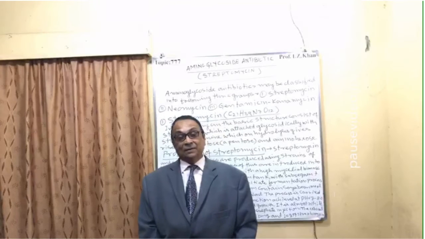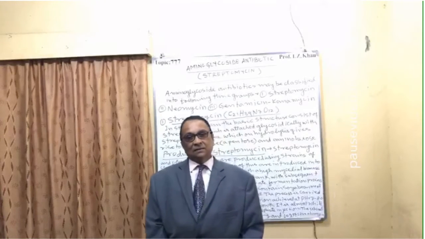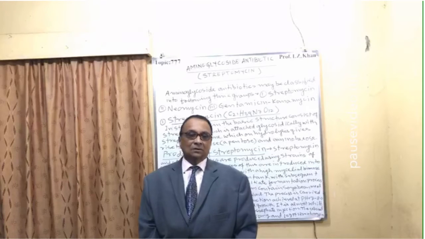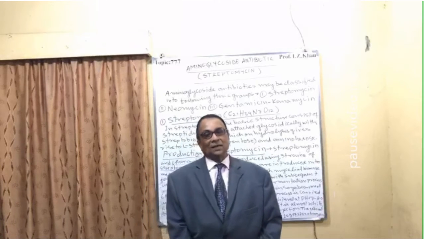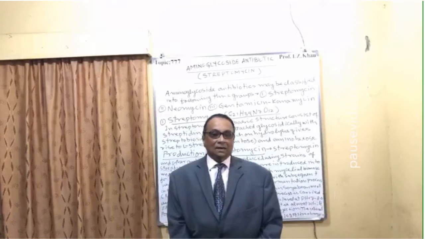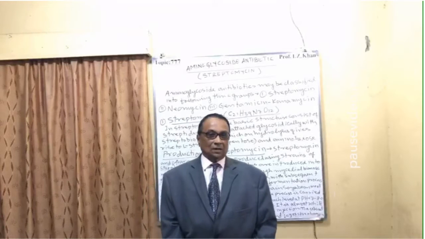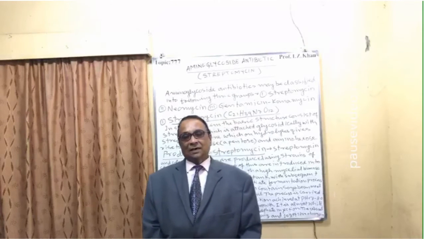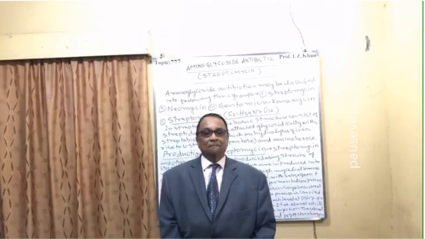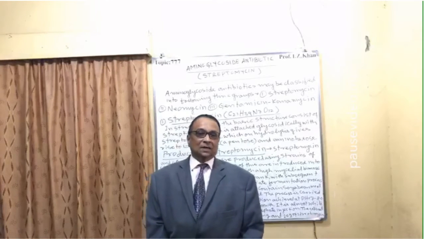I have already given the structure, how it is found in the aminoglycoside, that is, with an amino group, known as aminoglycoside, with a 5-member sugar, and the other one is 6-member,